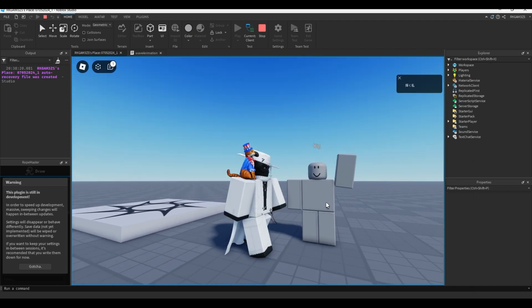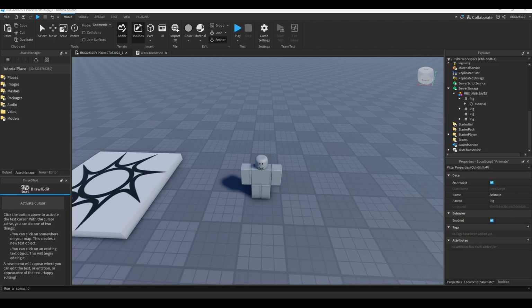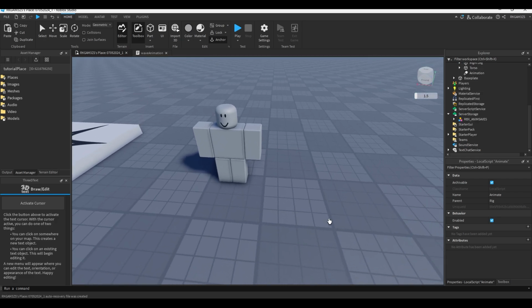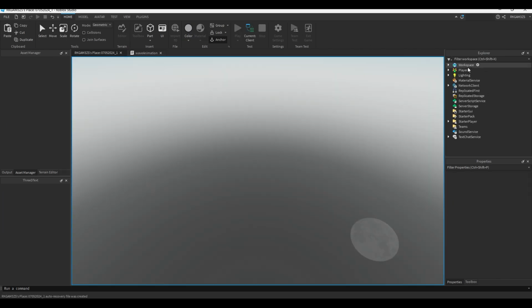Anyway, you can see it works. This little guy's waving. You did it. Now you know how to animate, simply. I'm going to talk about the more nitty gritty. Say you want to change the default character animations. What if you wanted your idle to be you waving whenever you stood still? Well, inside of this dude there's a little animate script, and if you press play and go to workspace and look inside of yourself,